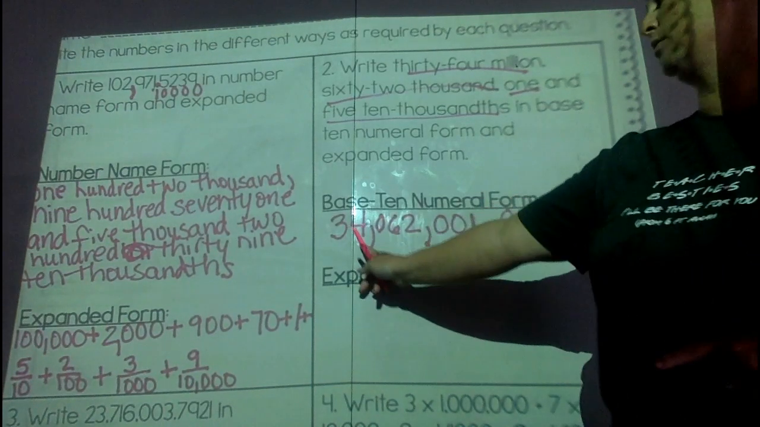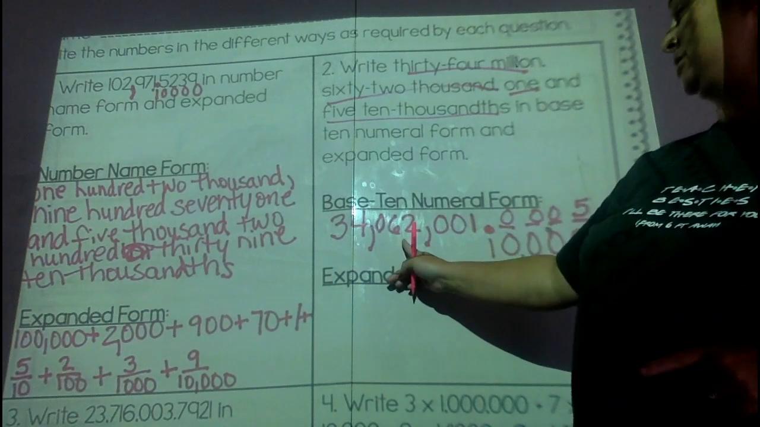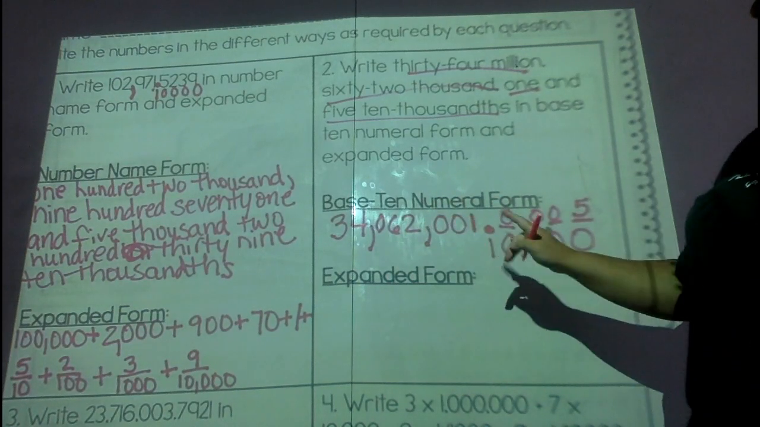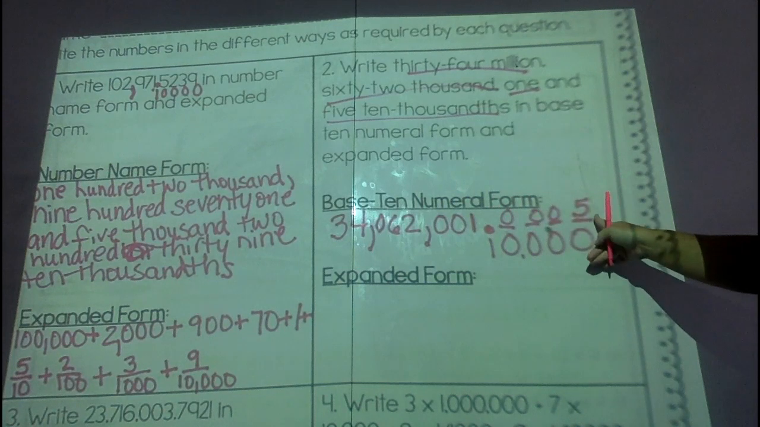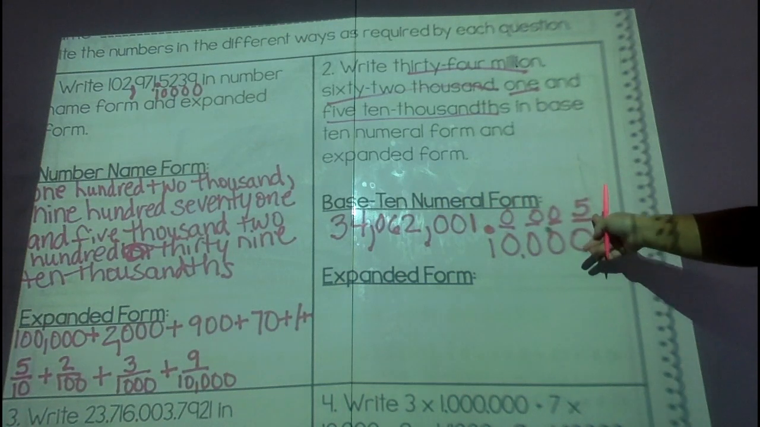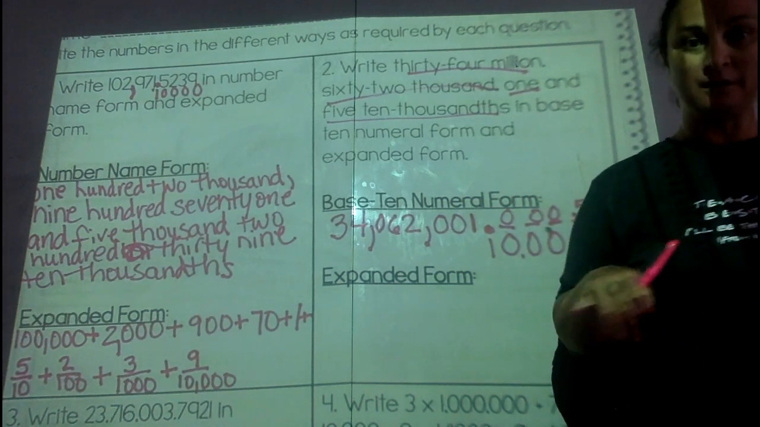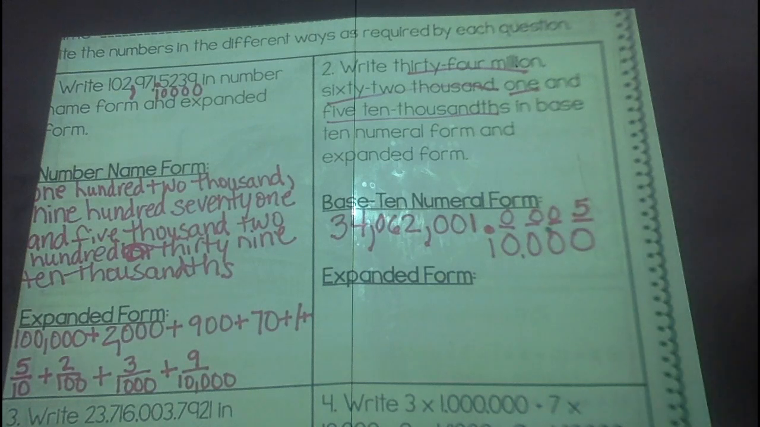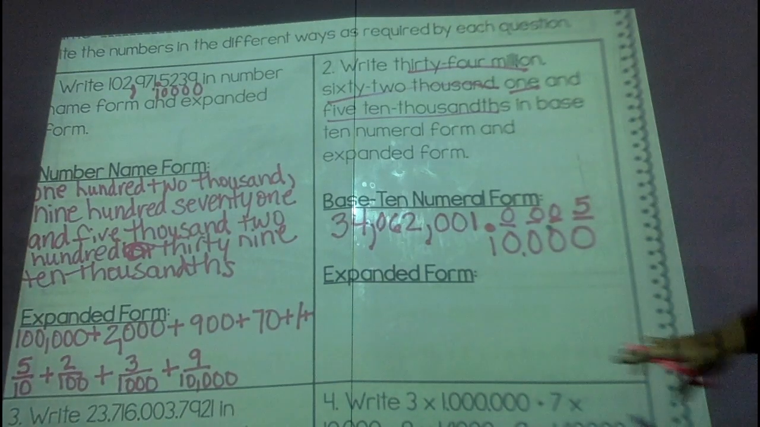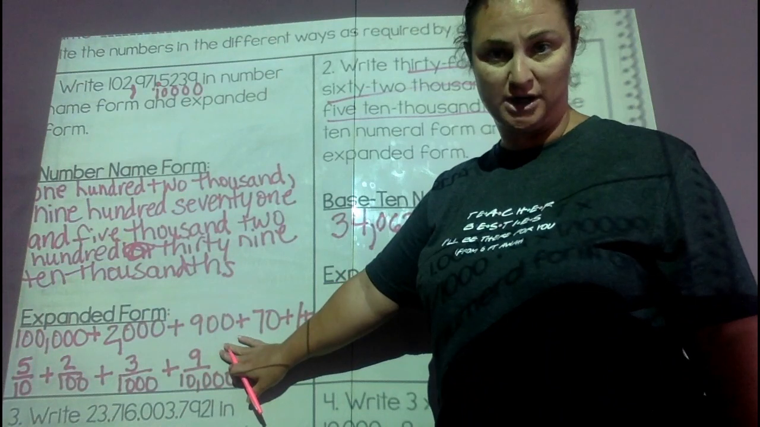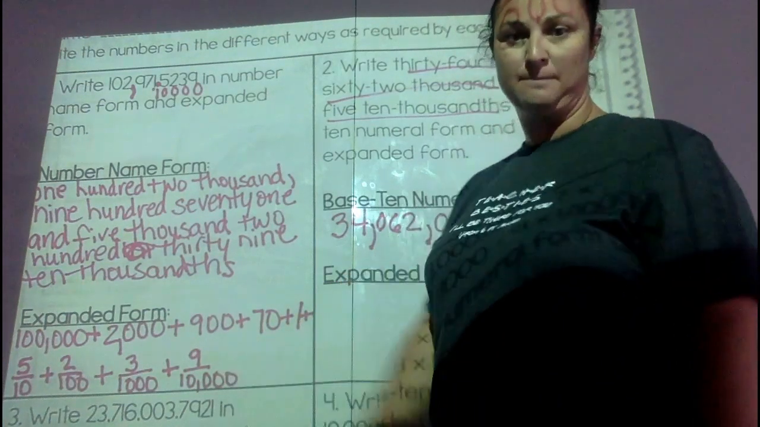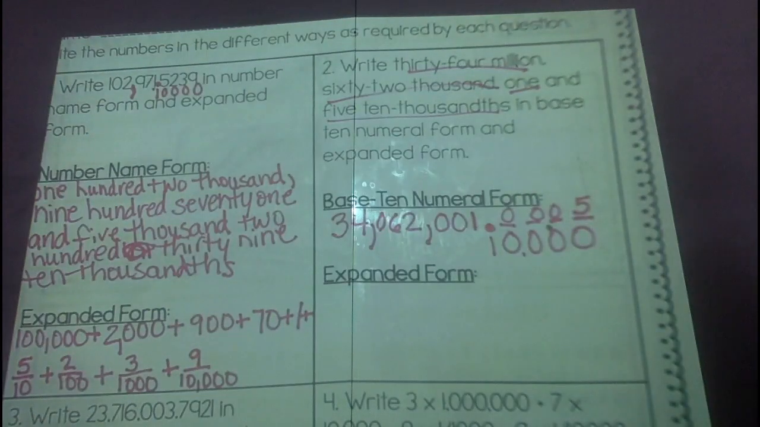So 34,062,001 and 5 10,000ths. Whew. All right, so let's write it out, and we're going to write it out in expanded form with the numbers just like we did over here, just a new way to see it, okay? So we have